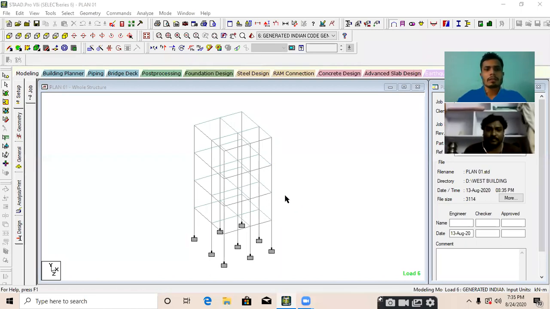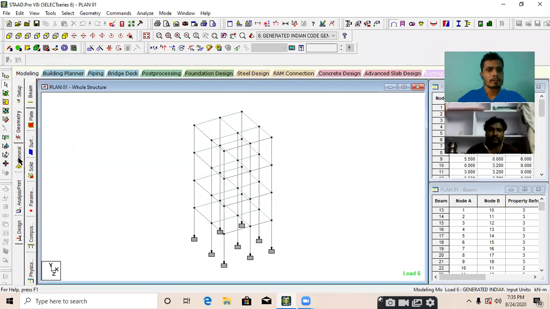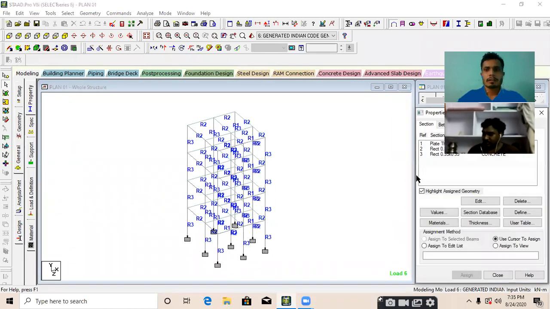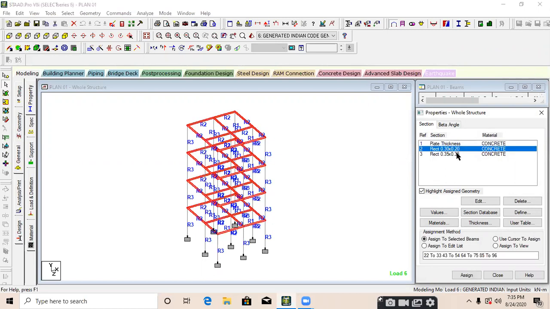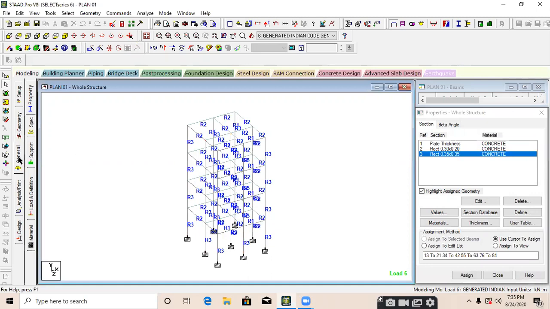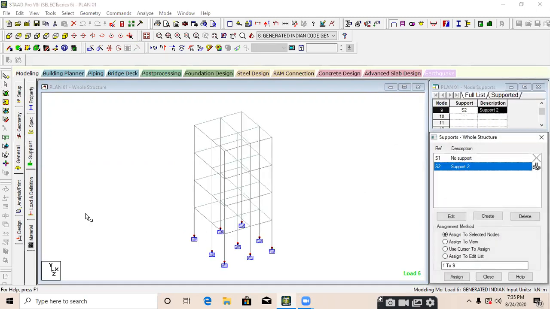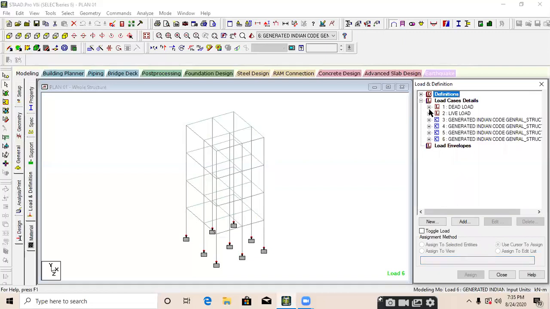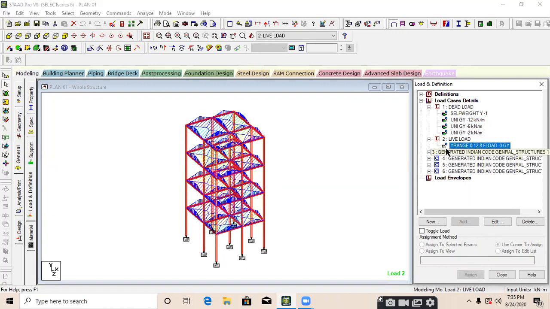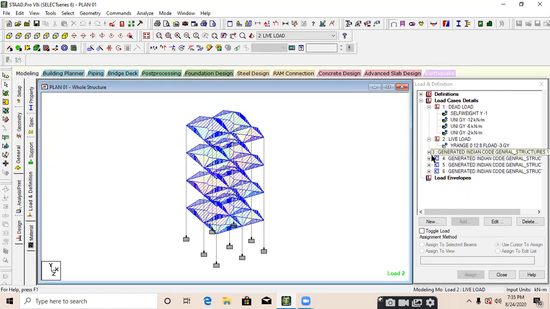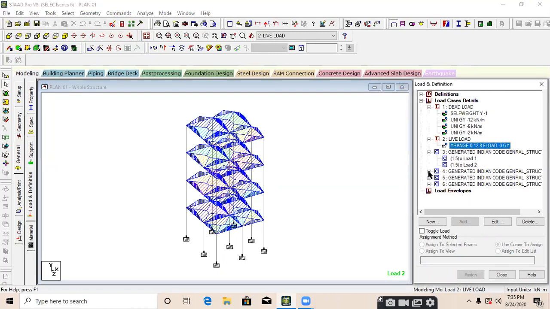So guys, we will start from the mat foundation. Today's topic is mat foundation. We have just modeled the structure in previous sessions. It's a model, and we just assigned plate properties, beam properties, column properties, all the support as a fixed support, and loads are the self weight, weight of the outer wall, weight of the inner wall, weight of the parapet wall, and all the live loads we have applied, and the load combinations we have created.